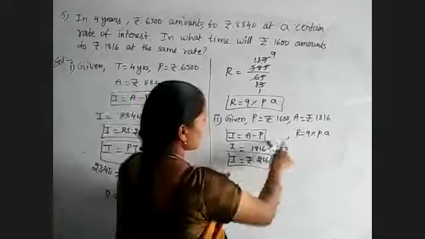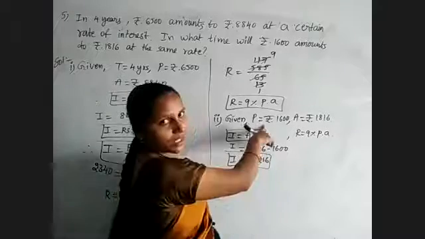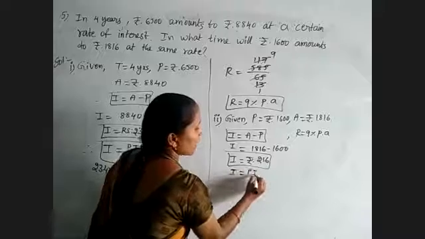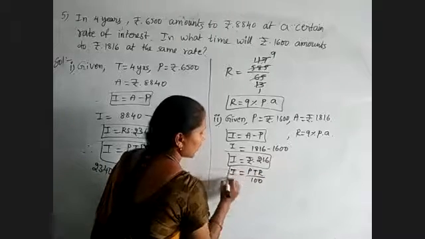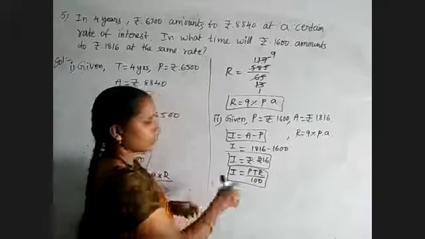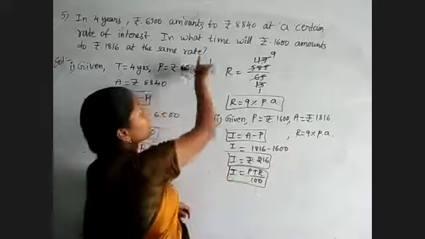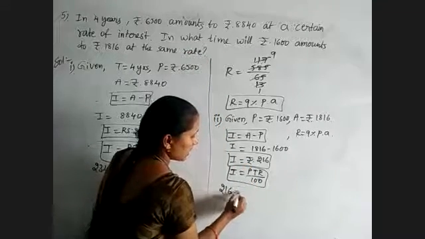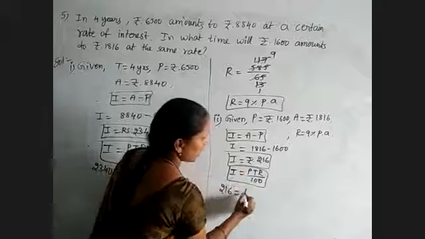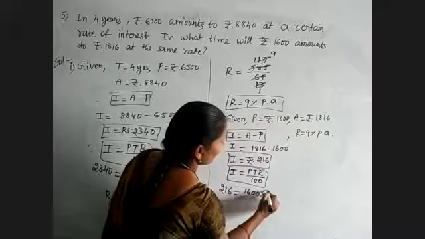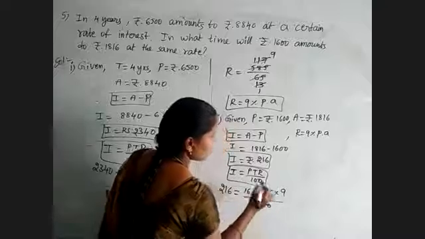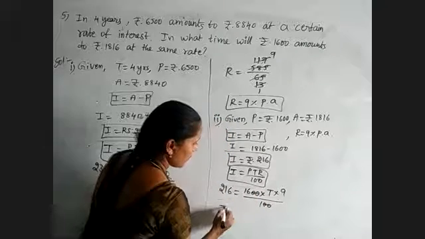R value is there, I value is there, P value is there. So we need to find out the T value. We have I equal to PTR by 100. So from this, substitute each and every value and find out the T value. At what time they are asking. So I is equal to 216. P value is 1600 into T, we don't know, R is 9 by 100. Two zeros will get cancelled. T will be equal to